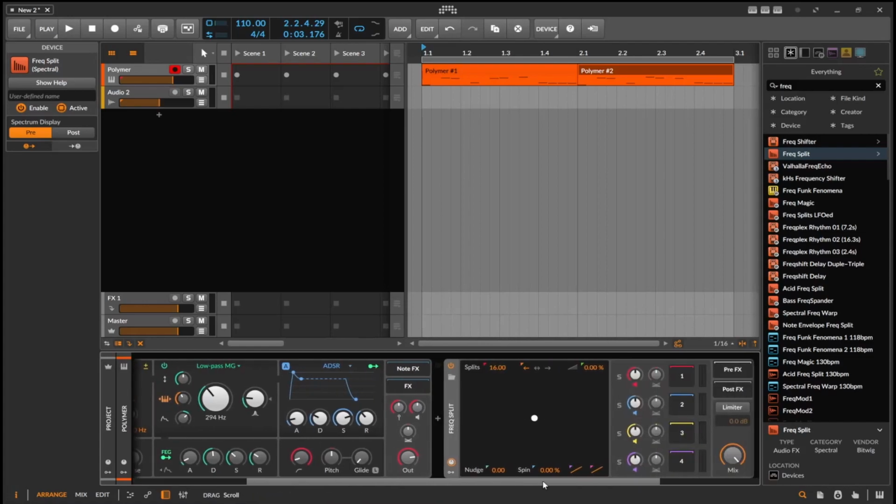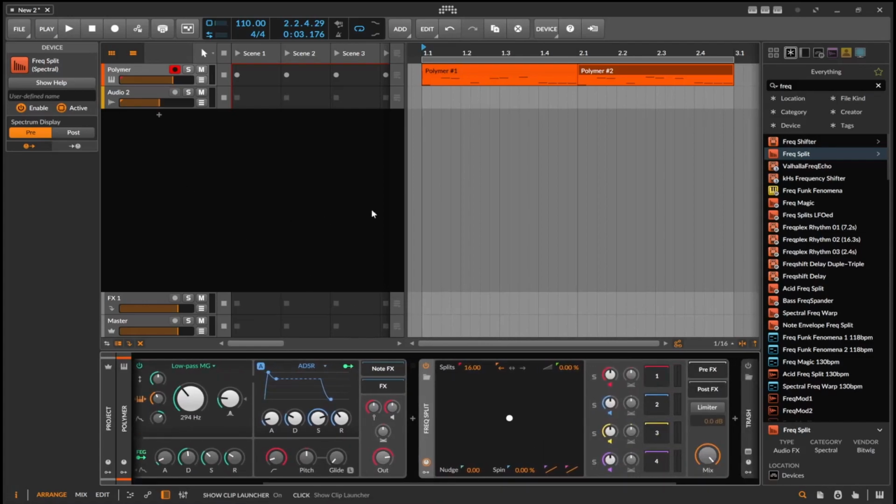So in this, here, let me turn this off. In this, I got something. I got that going as an example. And what realistically we want to do is we want to kind of split things. And so when we look at this frequency splitter,